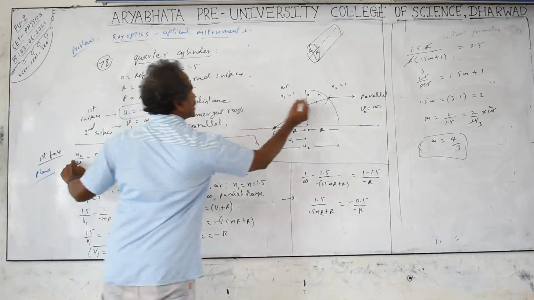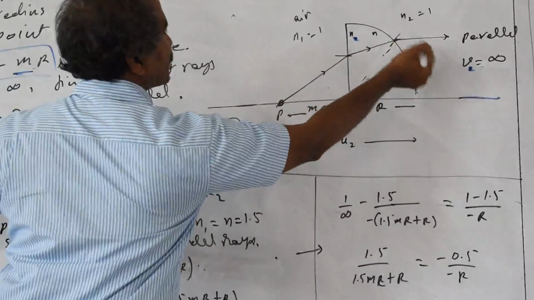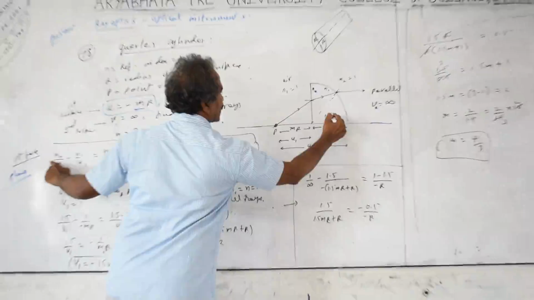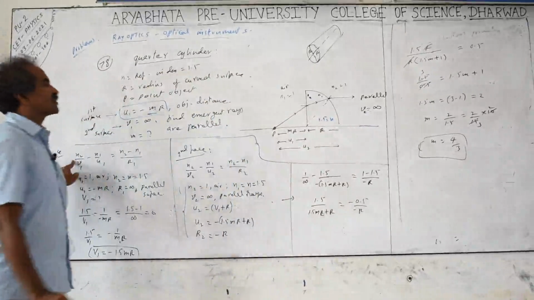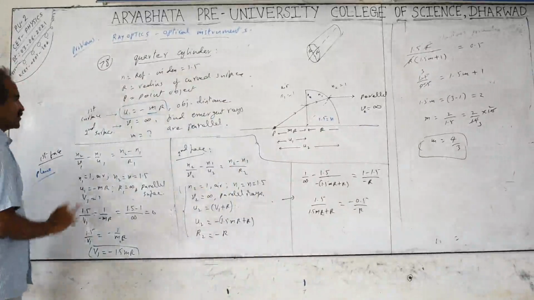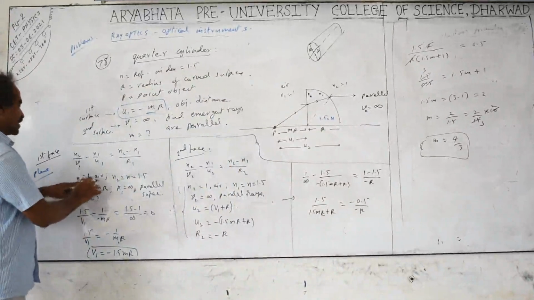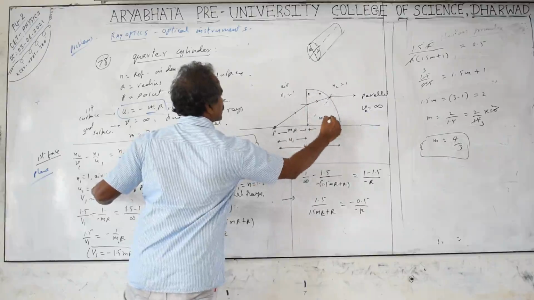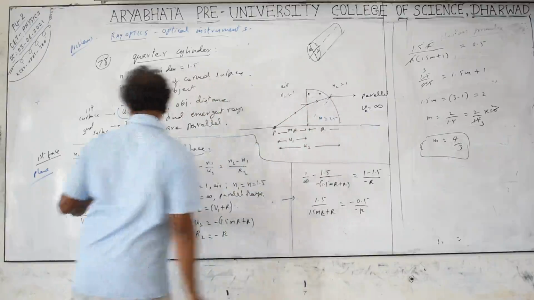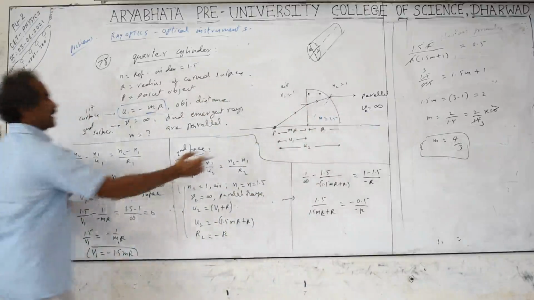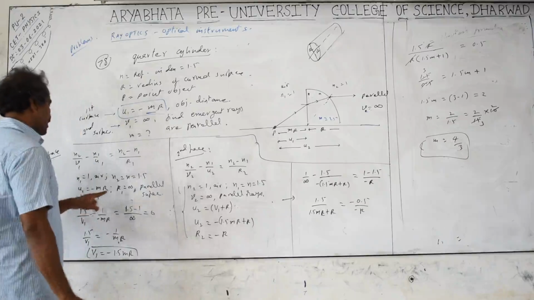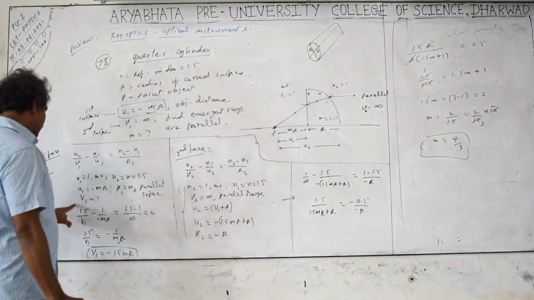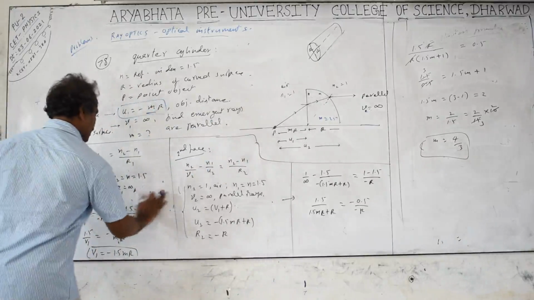So for the first surface this is n1 and this becomes n2. For the second surface, this becomes n1 and this becomes n2. The refractive index of this glass part is 1.5, that is n. The symbols may be changing, so you have to be careful with that. For the first surface, n1 is 1 and n2 is n, which is 1.5. u1 is minus mr, left side distance. r1, the radius of curvature of the plane surface, is infinity. We take it as a plane surface.